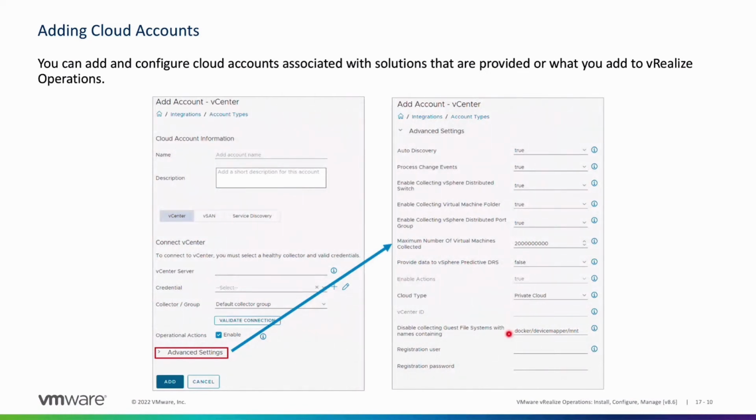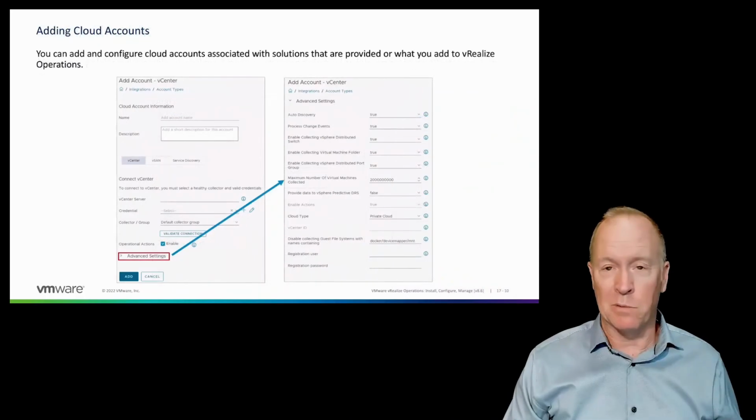vCenter, by default, is going to collect information about guest file system usage. This field here allows you to say, but I don't want to collect that information for systems that have a name that matches this. And then the final 2 questions here have to do with what's known as a registration